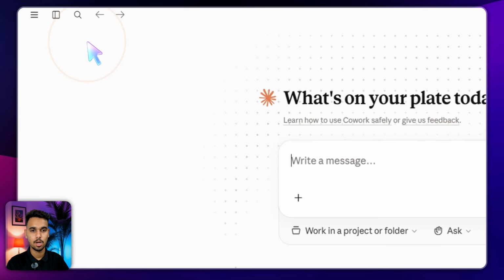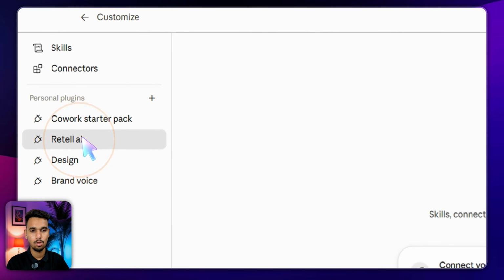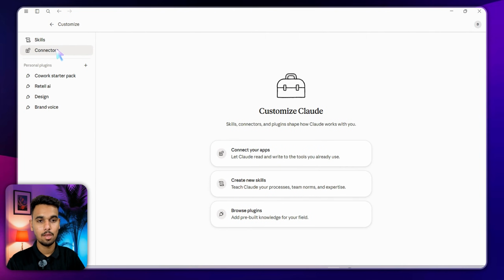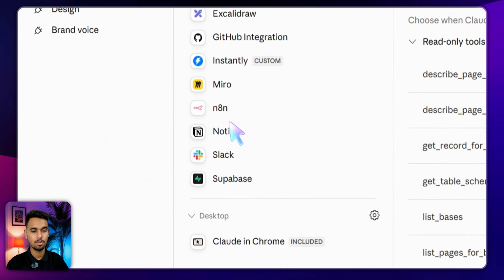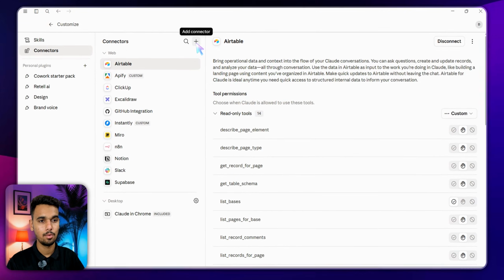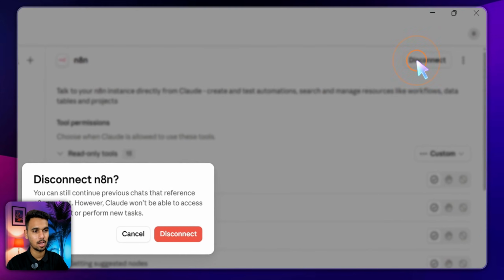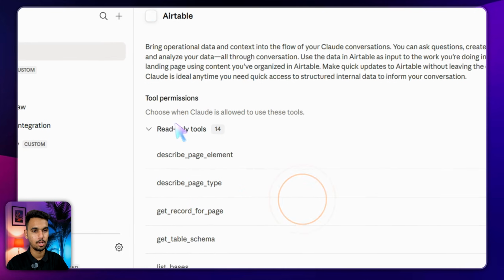Now the next part, we have to connect Anatom to Claude. Okay, so how do we connect Anatom to Claude? So the process is again the same. You have to come here on the customize tab right here. And this time you have to click on this connectors option right here. And once you do, you will have to connect your Anatom. In my case, I have already connected, but again, I will show you how to disconnect it so you can understand how we really connect